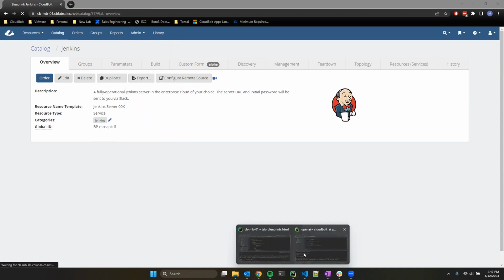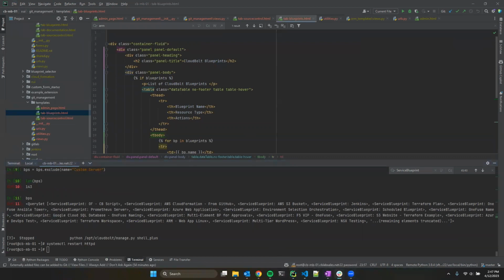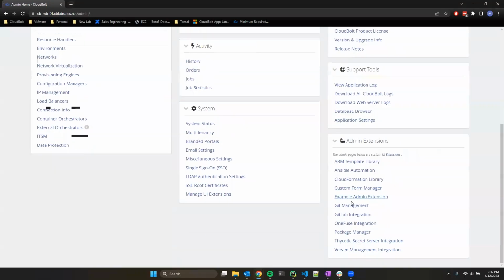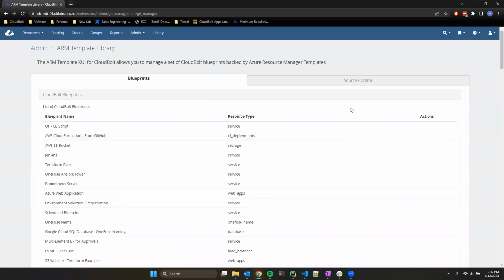Report to load because Apache's coming back up. There we go. Okay, back over to Git management. Notice the XUI is now no longer there. There we go. Now we have a list of blueprints, and maybe the other thing that we can do here